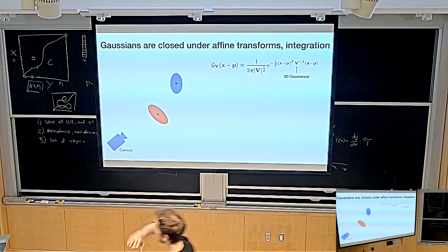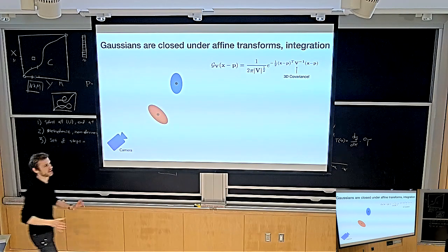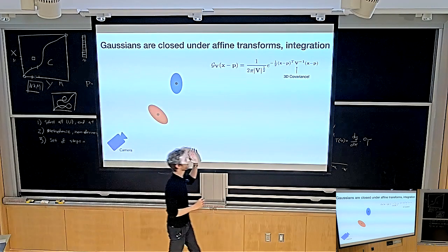Okay, so let's go through a few properties of Gaussians that are going to help us formulate a really fast rendering algorithm. And these are actually non-trivial, and they're really cool. So we're not going to derive them here. I'm just going to tell you about them.